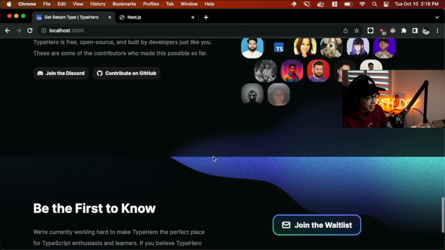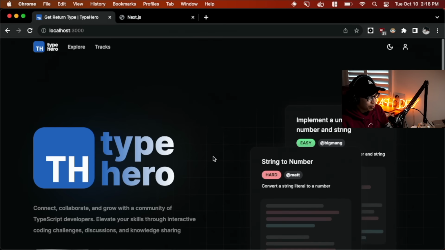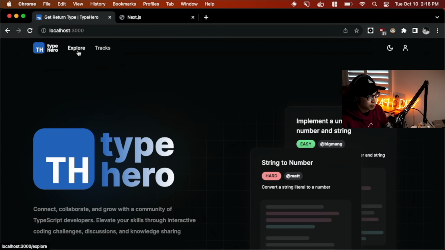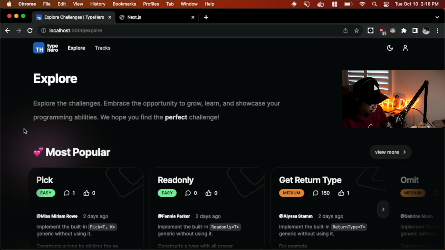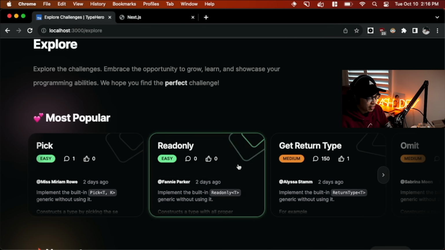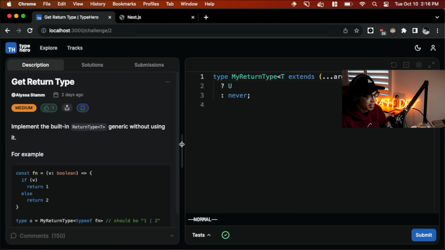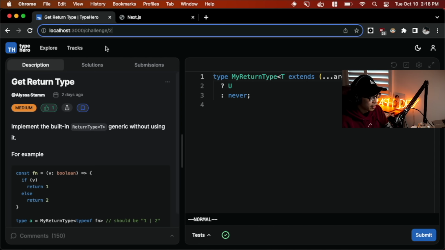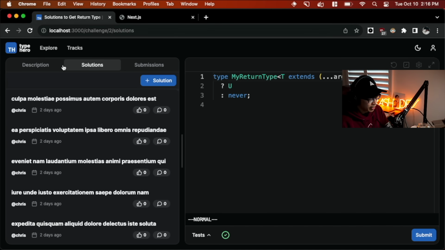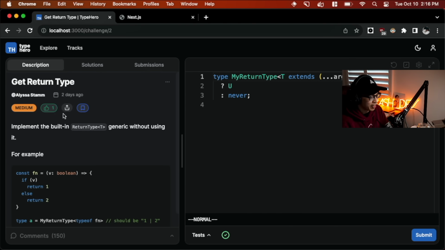If you're interested in helping us or steering our roadmap in some direction, we'd be more than happy to have you. But to tie this back to Next.js, we'll go to the core experience of what TypeHero gives you. And that's just the interactive editor with a challenge to solve. So here you can see the editor. And if you recall from my previous points of why we chose Next.js, nested routes was a big part of this. So you can see here we have descriptions, solutions, submissions, and if you look at the URL bar, you'll see that as I click around, it actually changes the URL because we want everything to be linkable.